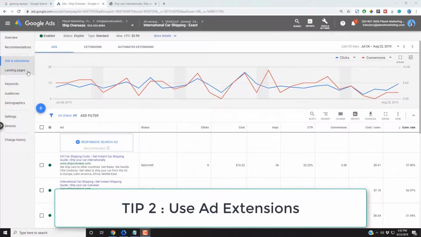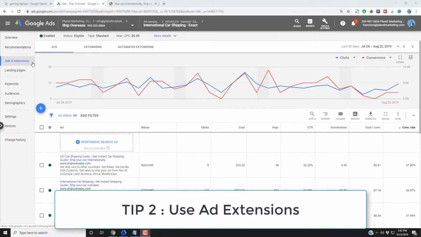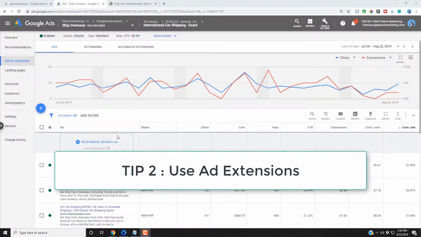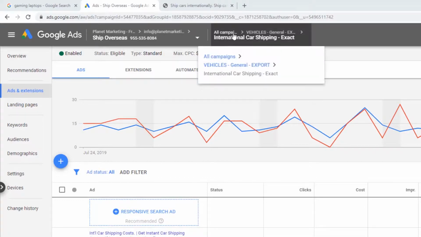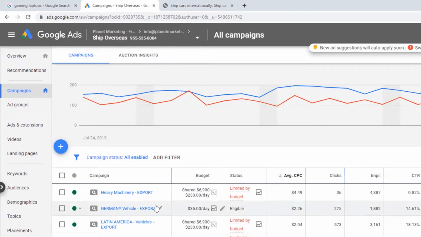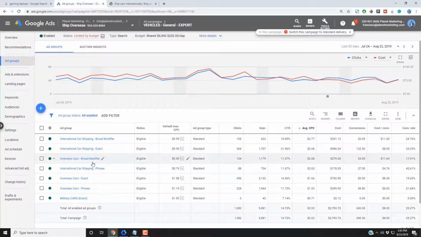Ad extensions are another way to increase clicks on your ads. Actually, let me just show you how to navigate there. You're in your campaign level here, and then you drill down to one of your campaigns, and you can do ad extensions on a campaign level. I do it on the ad group level just to be more granular,